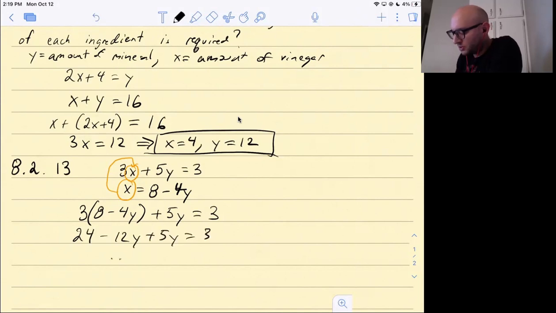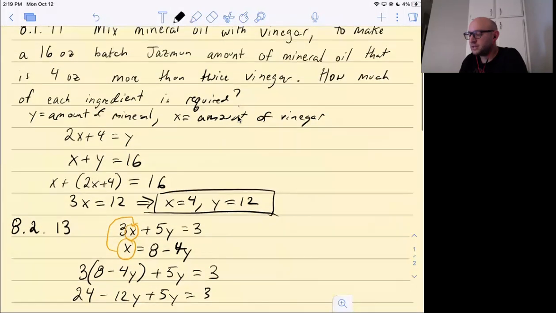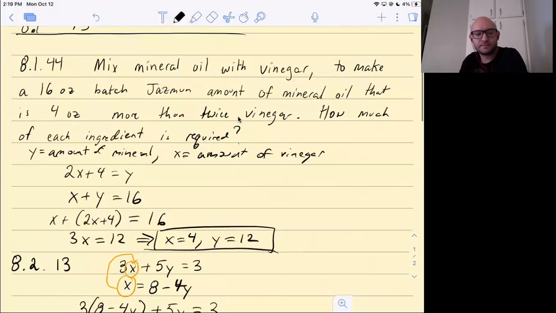So I won't finish this up, but just be careful with your arithmetic. If you make some small arithmetic error on the test, as you saw last time, I'm not going to penalize you too much. Maybe just a small fraction of a point. It's really what I'm looking for. I want to see the correct setup. That's the most important thing for me.